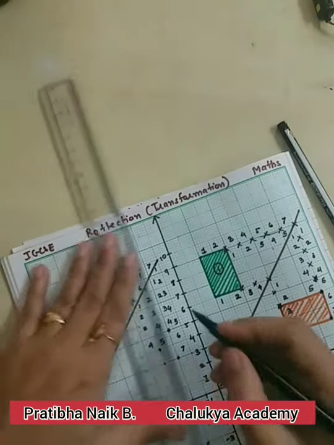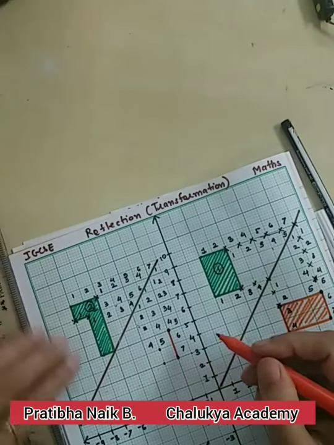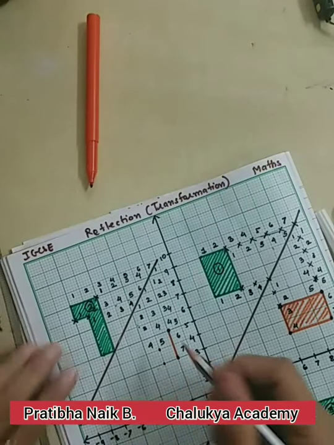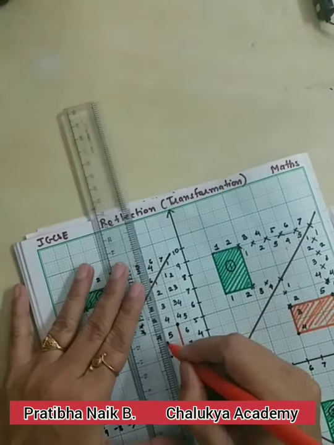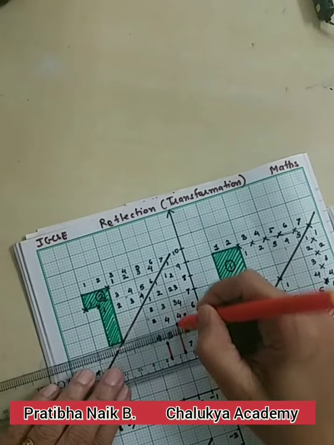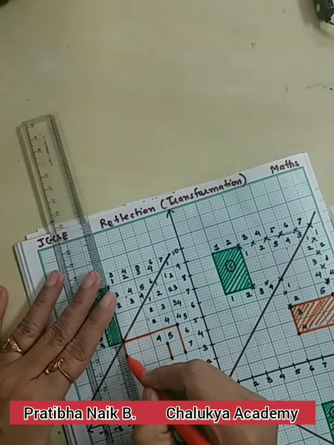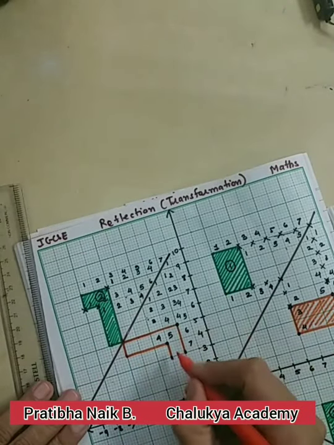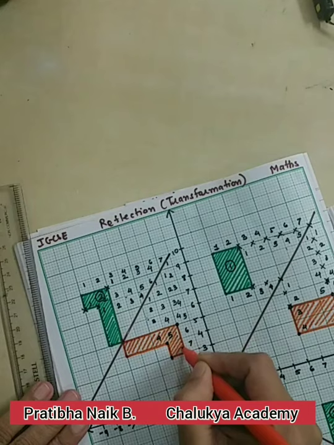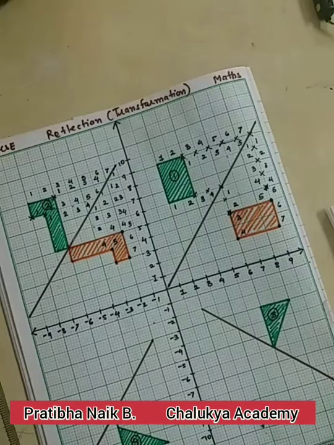So now you can see here, you can easily make out. Okay, now we have to go over here. This point. Now this point is exactly on the mirror line. So definitely again the reflection of this point is also on the mirror line. So we can easily make out the remaining, the fourth point, and we can get the image of the object too. Okay, so this is how we are drawing the image after the reflection of the given mirror line.